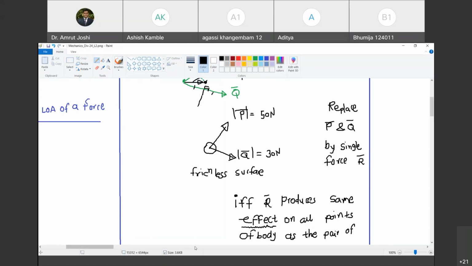Acceleration. Look at Newton's first law: every body continues to remain in its state of rest or of uniform motion unless it is acted upon by an external agency called force. So what are the effects of forces? If a body is at rest, the force will try to move it in the direction of the force. If the body is moving with a uniform velocity, a force will try to change either the magnitude or the direction of that velocity. These are the effects of forces. Do you agree with me?